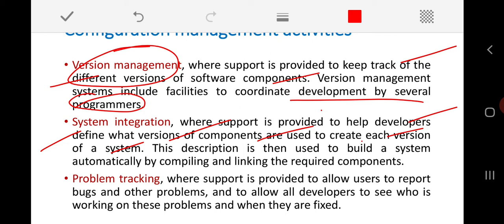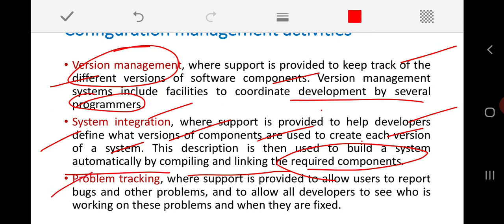Only then is it possible to integrate all these different components with different versions in a proper way, so that we can build a system automatically by compiling and linking the required components. This is system integration.